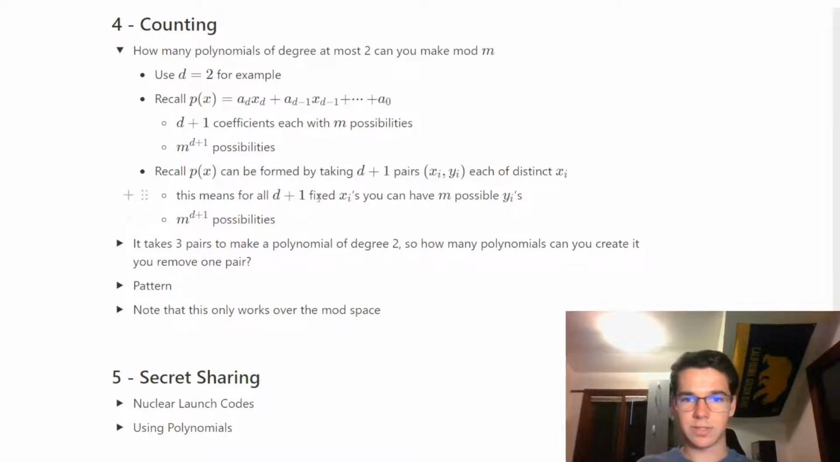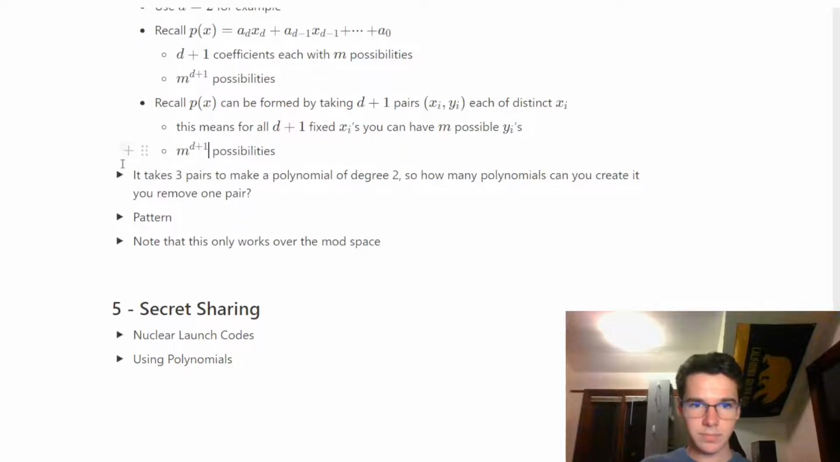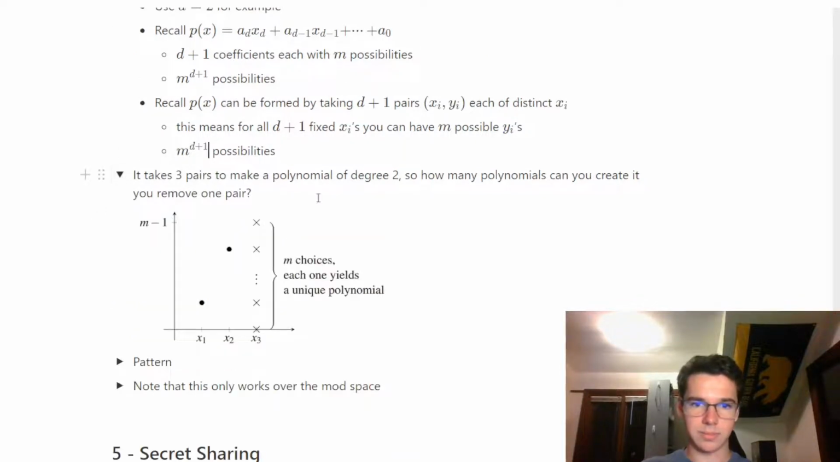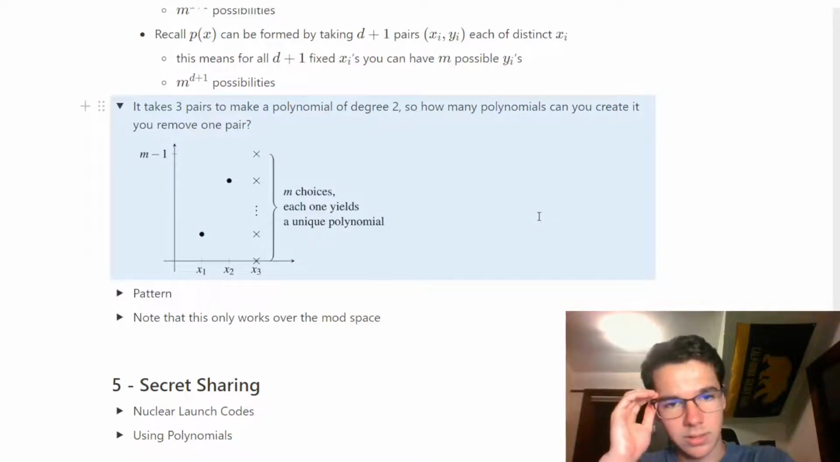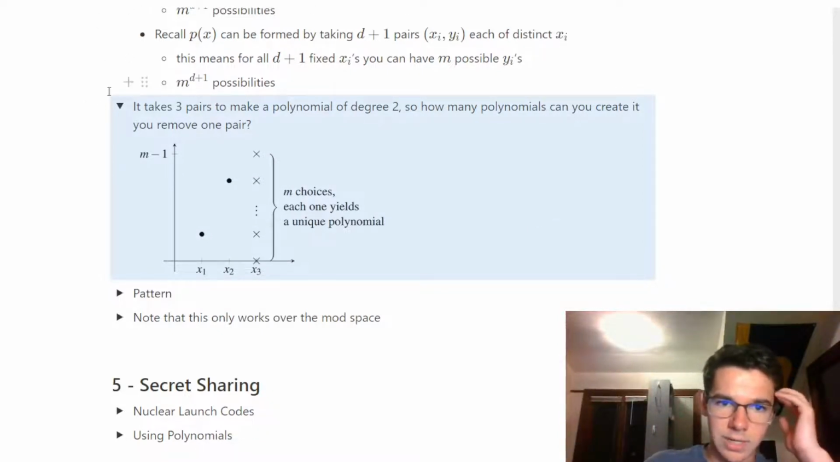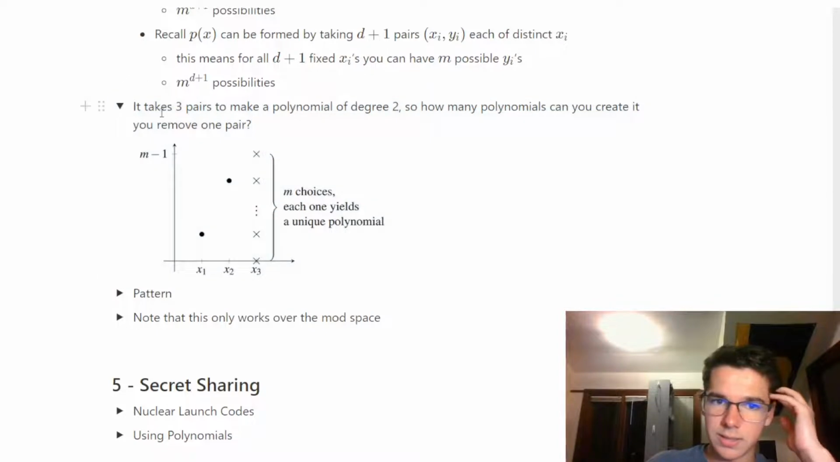So this means for all the d plus 1 fixed x_i's, you can have m possible output y values, right? So this just goes to show that you have m to the d plus 1 possibilities. And this is going to lead to another idea, which says it takes 3 pairs with unique x's to